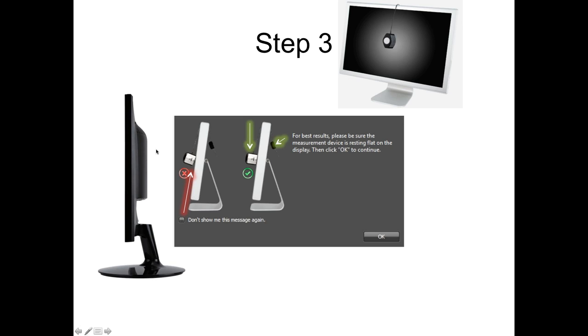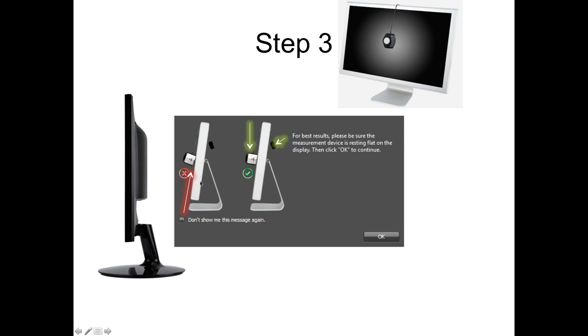So this is the monitor that we have. This is just a cartoon showing the setup. So you want it to be flush against the screen, and there's this little black counterbalancing weight on the USB cable for the photometer. So there's a button that you can pinch to drag it up or down if you want the weight to be higher or lower on the cable. And then the monitor itself,